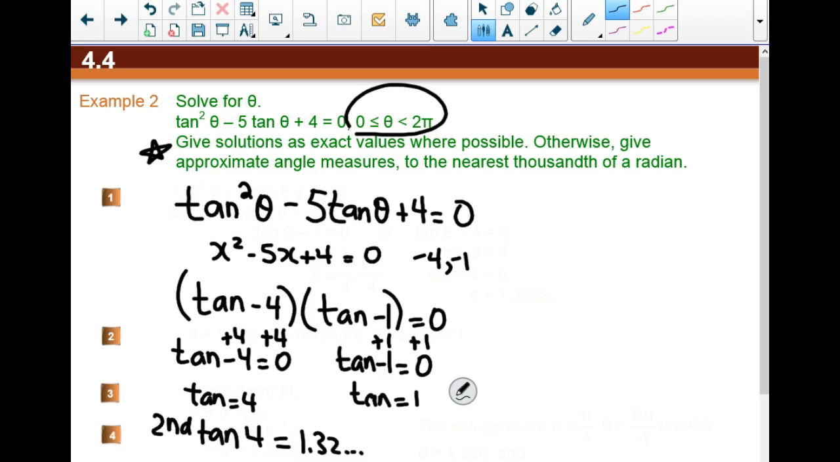Okay. So then if we have tan is equal to 1, we should be able to find that stuff off of the unit circle. Okay, so we need to think of